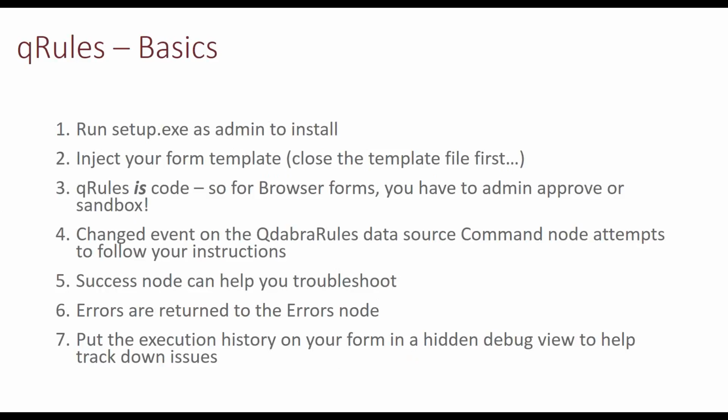We added, I don't remember what version, I think it was 4.3 or maybe it was 5.1, an execution history group to the Qdabra rules data source. That's extremely helpful for a given session, because it will record every command executed, the results, the errors, the success. A lot of times we put a debug view in a form, and we throw a mystery invisible button on the form, take it out of the tab order, so we know you can go click here in the form and it'll take you to this debug view. It's very helpful for debugging to have that execution history someplace you can see it.